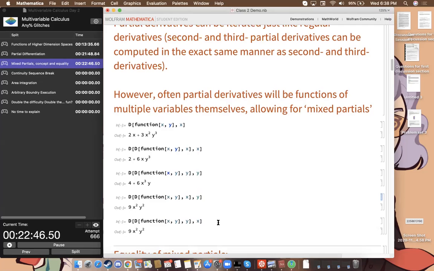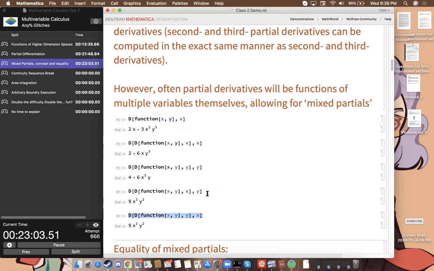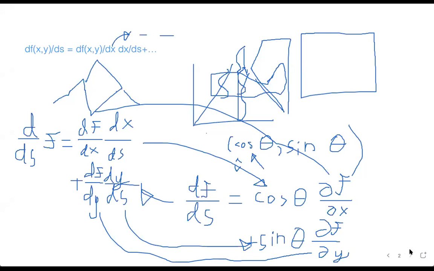But because of partial derivatives, unlike regular one-dimensional functions where you only have x, you could take the derivative with respect to x and then take the derivative of that with respect to y. There's no rule that says you can't. Or you could do it the other way: take it with respect to y and then take it with respect to x. And so what that represents conceptually is